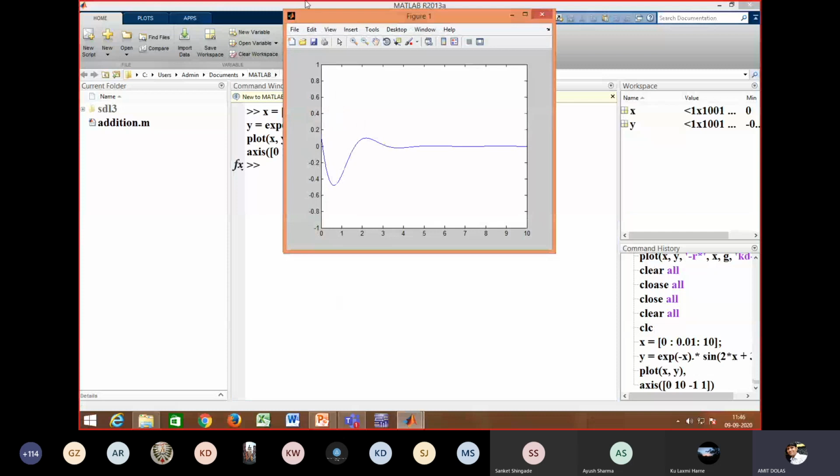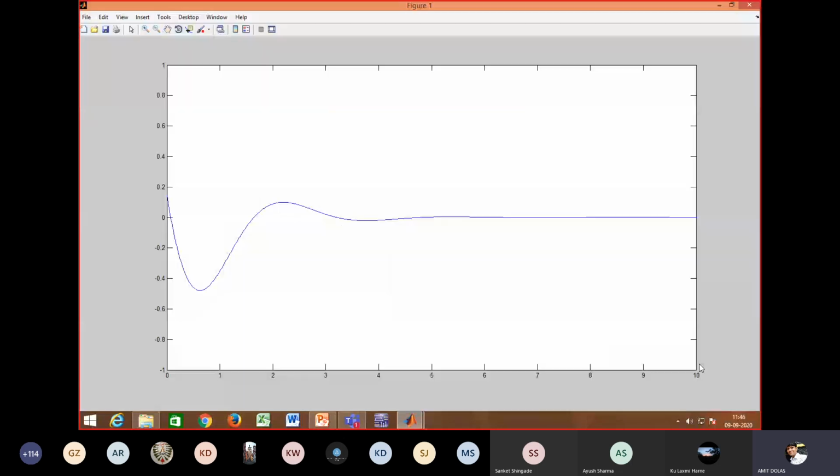So we executed this code in MATLAB, and you can see on the graph we have the x-axis starting from 0 up to 10 and the y-axis from -1 to +1. You can see this graph is completely blank. There is no label, there are no legends, there is only a single graph, so there is no need of a legend, of course. There is no marker, there is no title, there is no grid on.